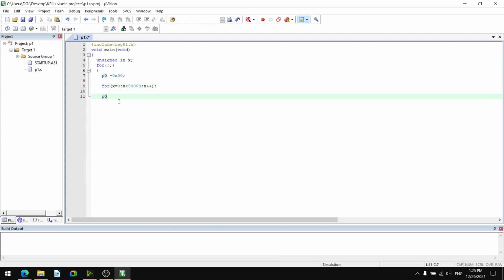Then again P0 equals 0xFF. Again a for loop, x equal to 0, x less than 50000, x incremented, bracket completes and semicolon, so that it will iterate itself, and this completes the block of the infinite loop.